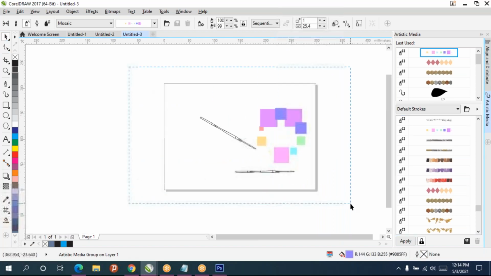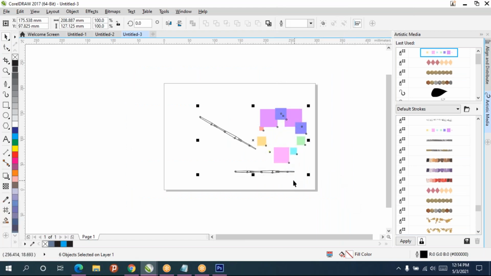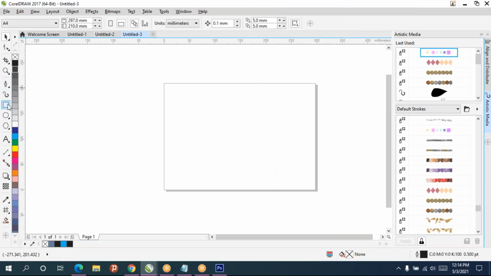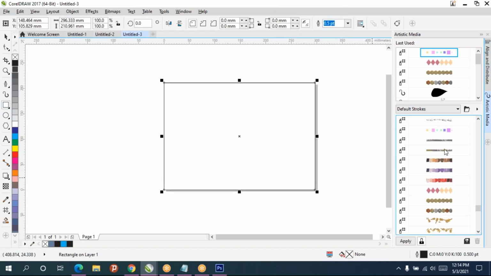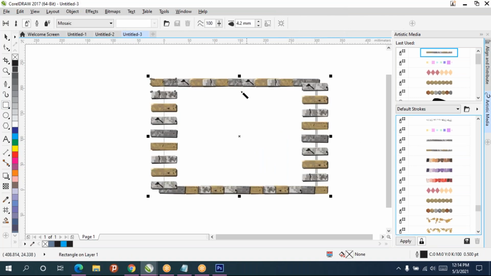Suppose you are looking for a border design for the page, let's drag and make it. Select any one of these. Now it will look like borders. And you can decrease the size of this.